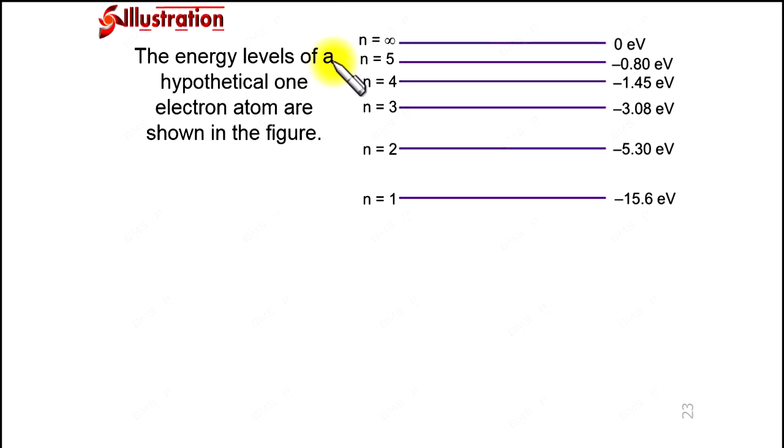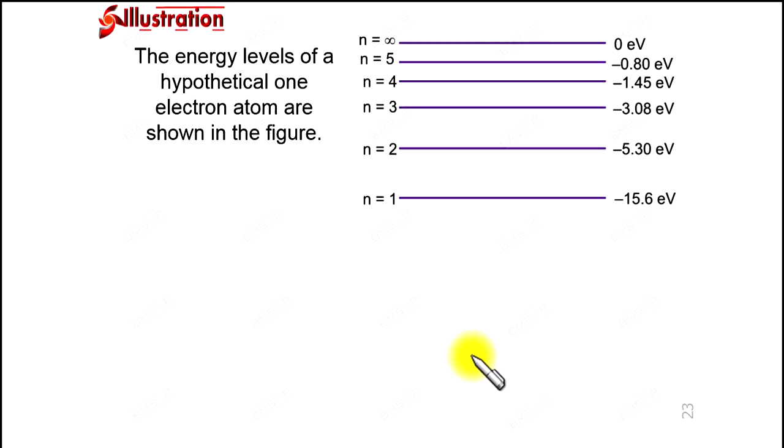The next illustration is again related to the energy level diagram. This is the energy levels for a hypothetical one-electron atom, right. This is a hydrogen-like atom again, and this is the energy level diagram, but it is a hypothetical atom, right. The question is